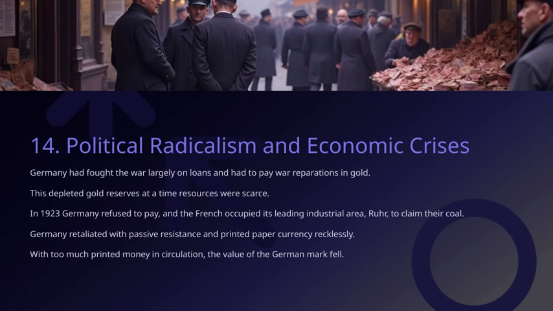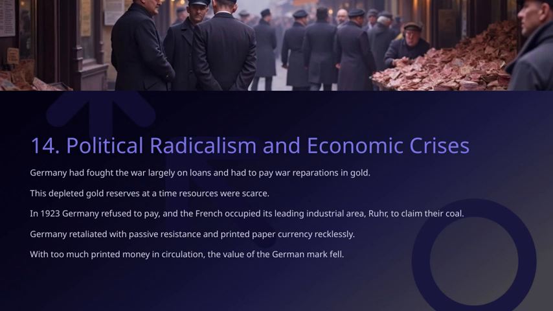As a response, Germany adopted a policy of passive resistance, which meant they refused to cooperate with the French occupation. Simultaneously, they started printing paper currency recklessly. This overprinting caused an excess of money in circulation, which drastically reduced the value of the German mark. This episode is a clear example of how political radicalism and economic crises are interconnected, often fueling each other during times of national instability. It also highlights the broader theme of how economic hardship can lead to radical political movements